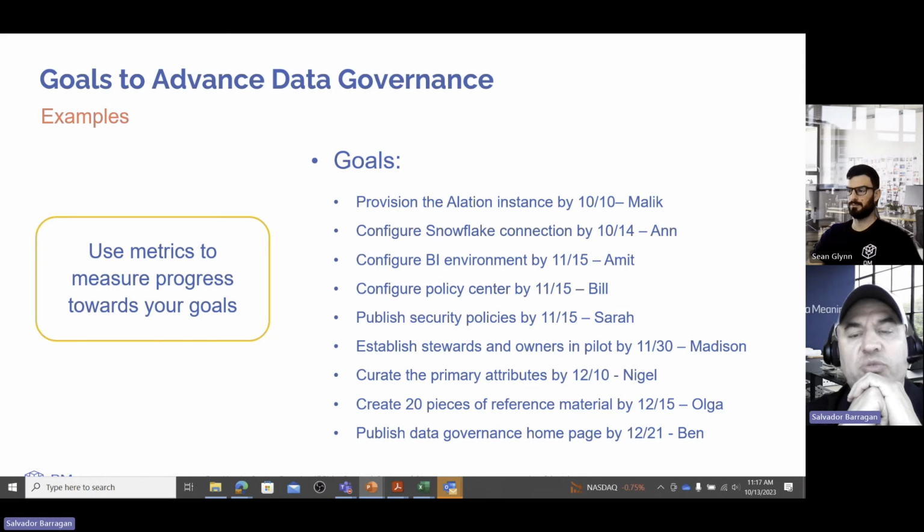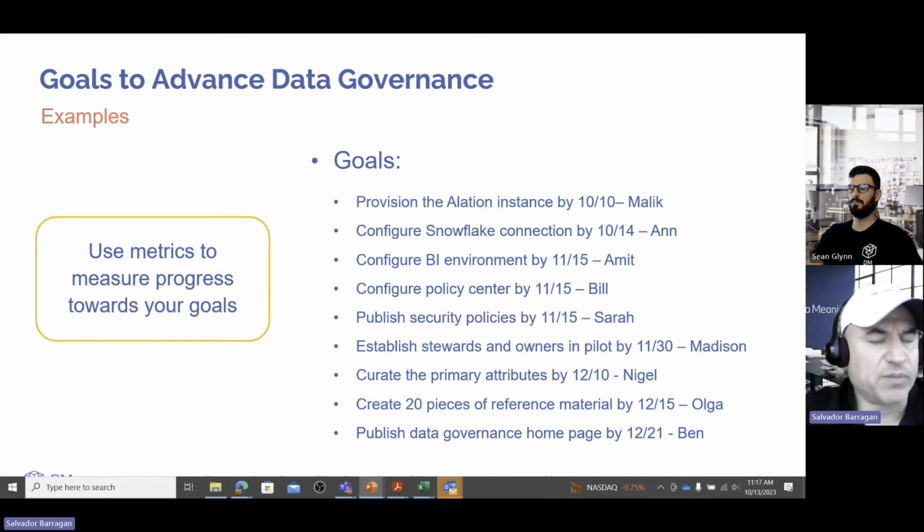So a good one, in my opinion, is being able to establish your stewards and owners. In this example, it's in the pilot, but just overall, establishing your data stewards and your owners for your data sets is very crucial for your data governance, because without that ownership for your data, people don't know who to turn to if they want to understand the context of the data, understand who's responsible for it. If there's problems with the data, who do they turn to? If they want to get access to the data as well. So to me, that's a really good goal to establish, and metrics to put around as you build out your